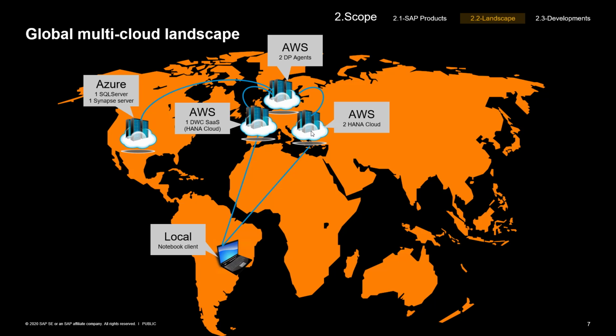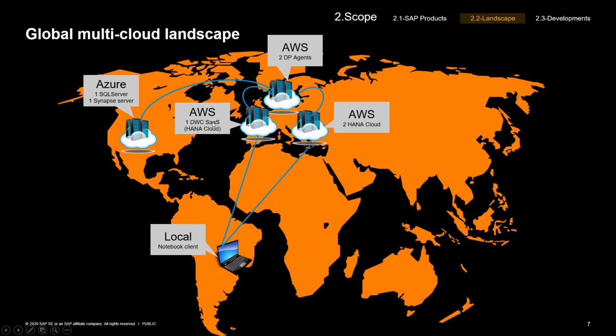So we have a local computer in Brazil, and we are accessing a HANA Cloud, actually two HANA Cloud instances, where they communicate with each other directly using SDA. We have installed two DP agents in an AWS Linux machine in the cloud, one for communicating with SQL Server in Azure and Synapse Server as well, and also Excel. So the Excel file must be present or uploaded to this DP agent. And the other DP agent is for communicating